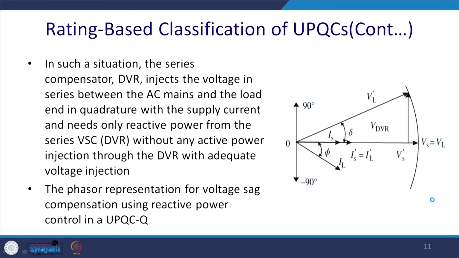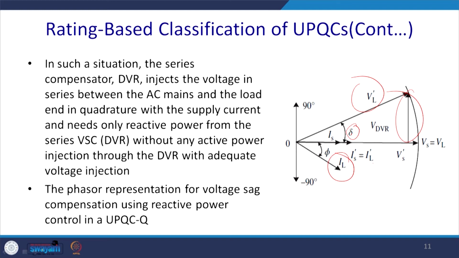So, this is the case. Now, you had a voltage and you inject the voltage at quadrature, and thus you got a new voltage here, and ultimately you got a compensation where it will make this SL equal to L, and you got a new angle. It was initially phi, now it will be delta. So, let us explain it.